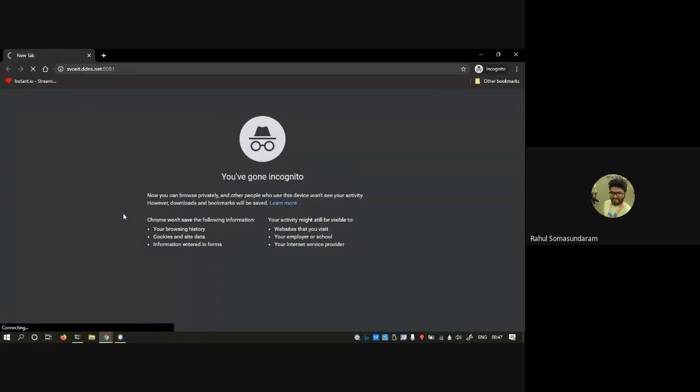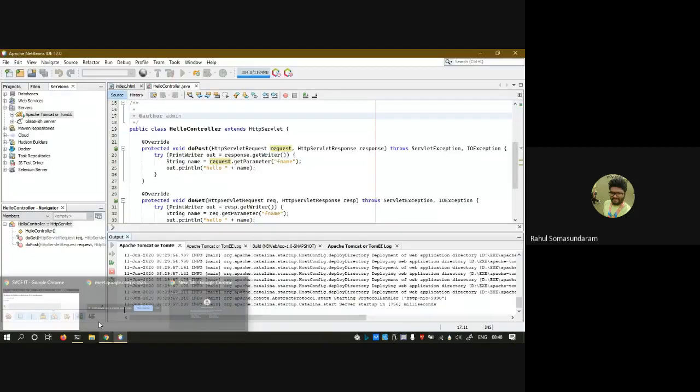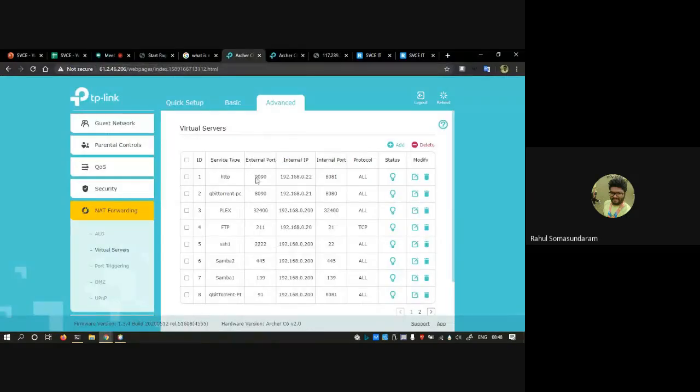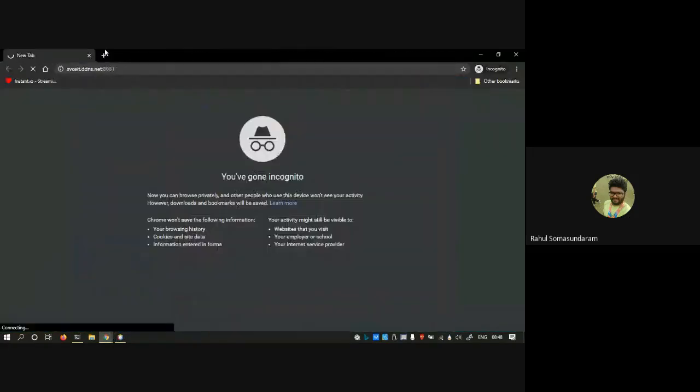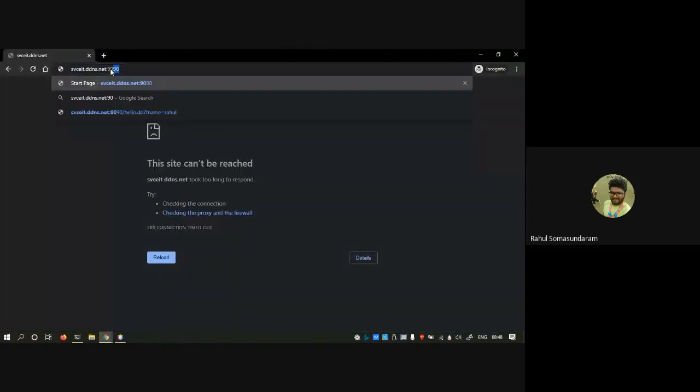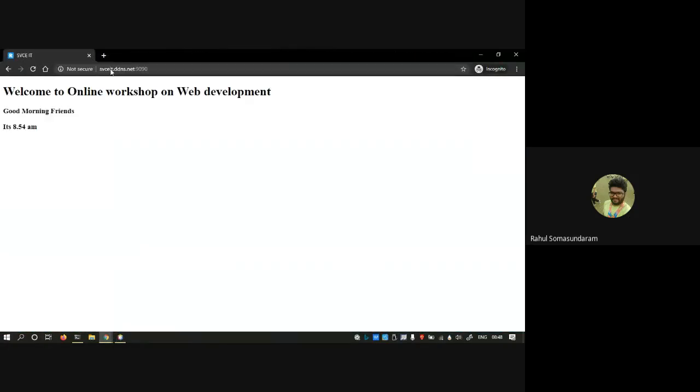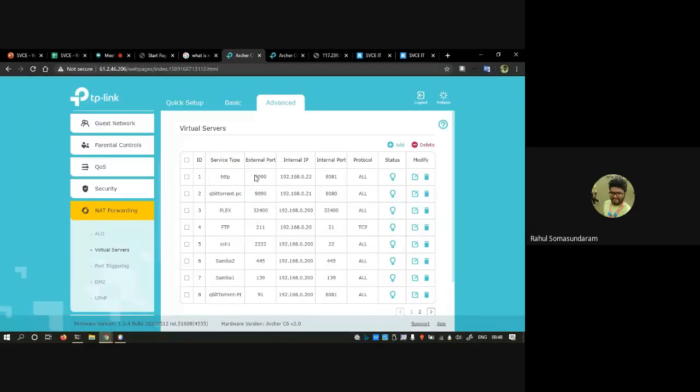Like I have changed the port forwarding. So as of now, the port 8081 will be closed. And instead of that, what we have given actually, we have changed it to 9090, correct? So if I give 9090, it will be opening. Because what I have mapped is that the external incoming port will be 9090 and I am mapping it to internal port 8081. Everyone clear with this?